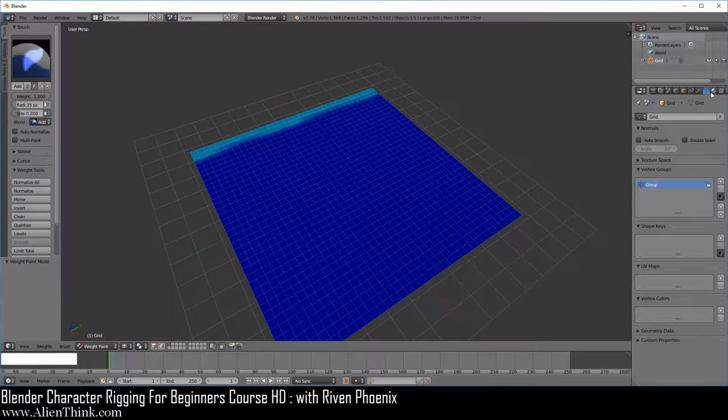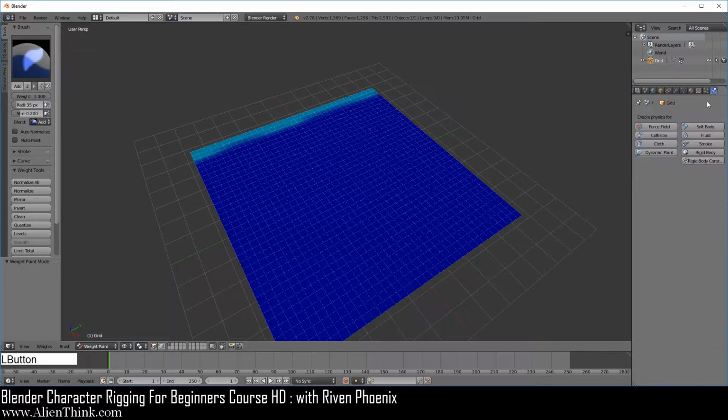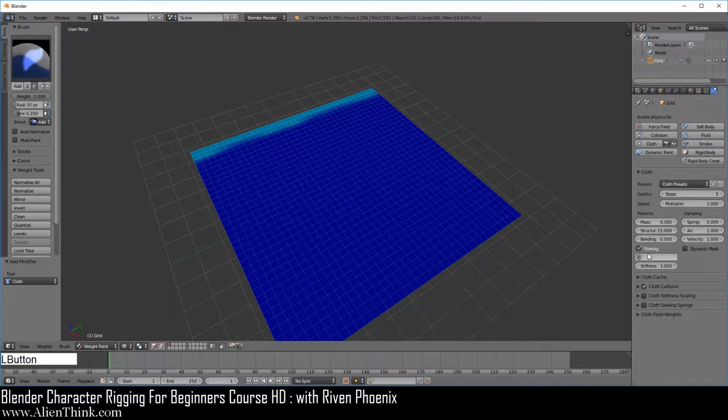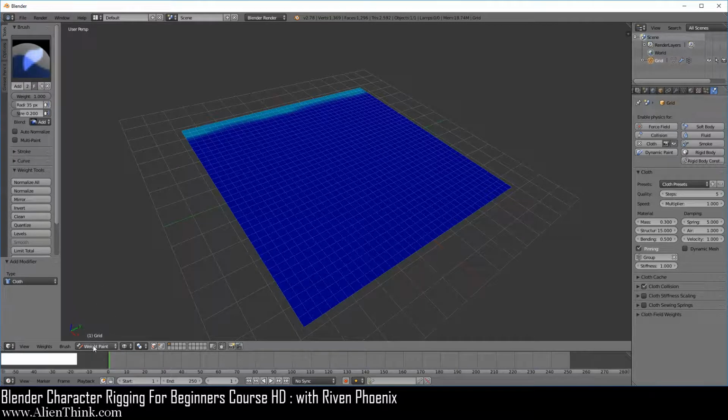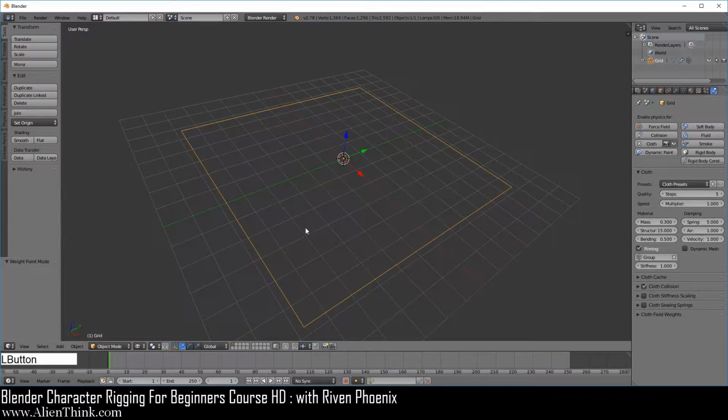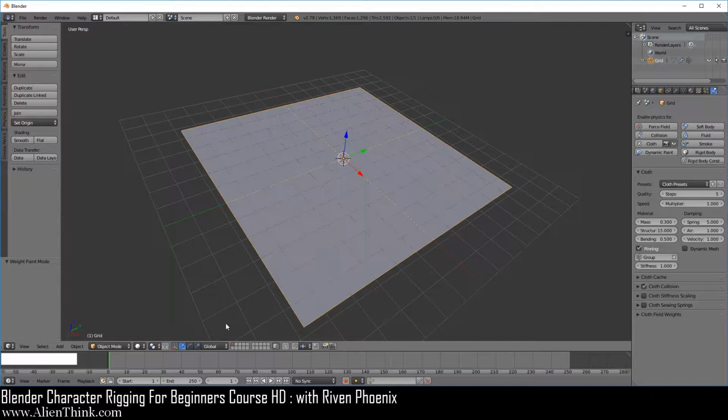Okay, so what you want to do is now go to the physics tab, click on, sorry, not dynamic, click on cloth, go to pinning, go ahead and click this and click on group. So what that's going to do is now simulate a cloth. Now in order to even see this, first you want to switch to object mode, press the Z key. Now if you click play, now before you do that, actually decrease this to around 100 frames. Otherwise it takes too long, and make sure that you click over here. Every time you click over here, it's going to reset the simulation.